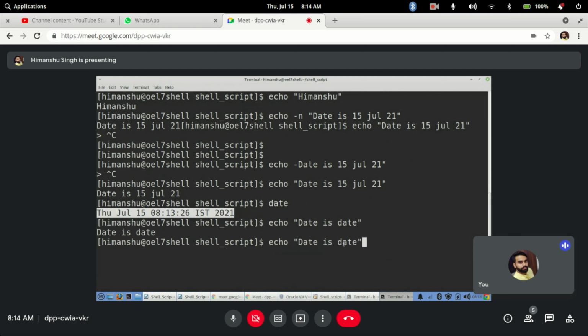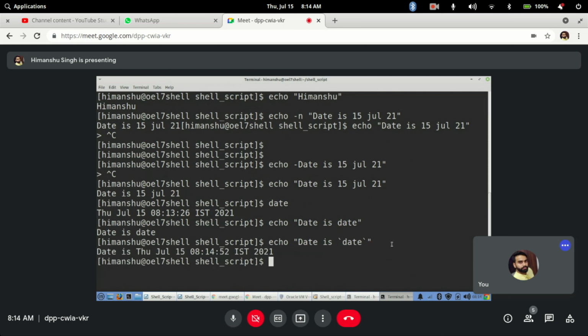But if I put it inside back quotes, it interprets it as a command to execute. The shell will execute the command, take the output, and print it with echo. If I hit enter, you will see it has executed the date command as an individual command and printed the output on your screen.